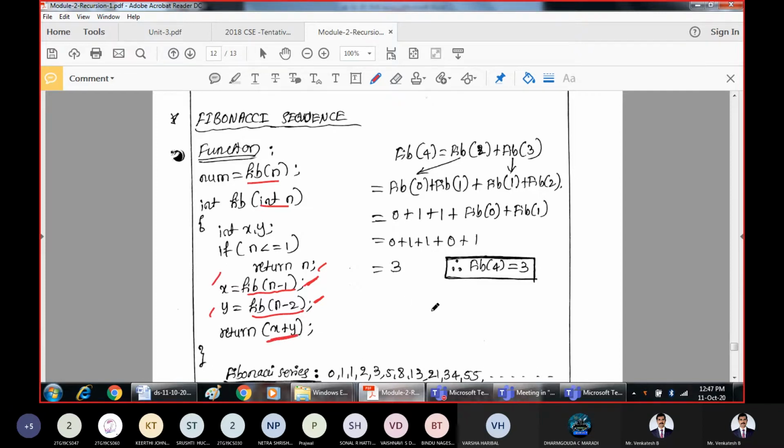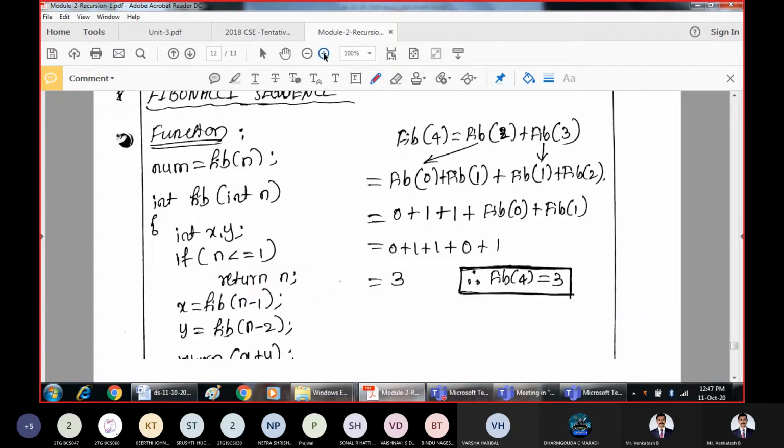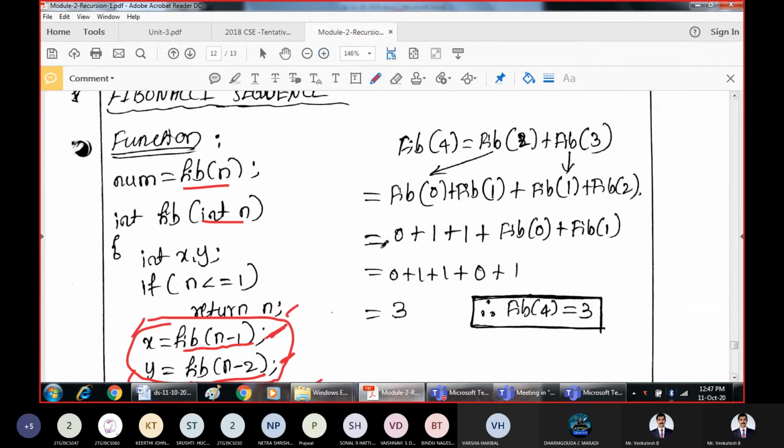Like the same thing you remember just now. This is just the function for that. Whatever explanation I gave, 0 and 1 are the predefined numbers. The next numbers will be 1, 2, 3, and so on. That is the same procedure. We will find the Fibonacci values of the previous two numbers and return that result. That's it. Here they have solved one more example, that is to find the fourth Fibonacci number. If you want, I can explain this also.